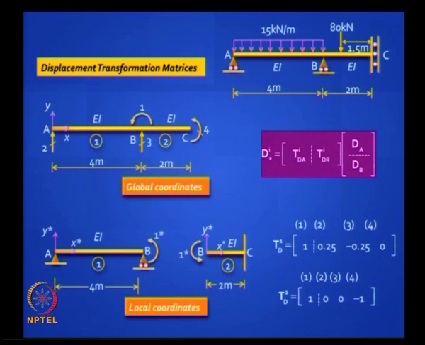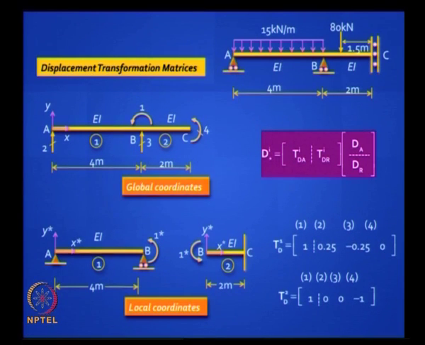Item number 4, anti-clockwise moment. Here you have to be careful. If you give an anti-clockwise here, at the other end you will have an equivalent clockwise opposite moment. So this is the only thing you have to be careful about. Maybe you might like it in the old style.